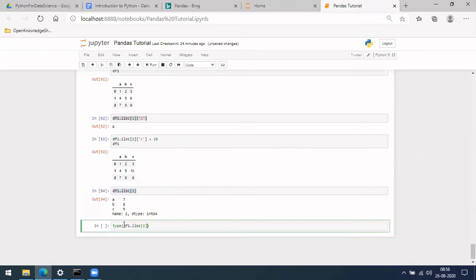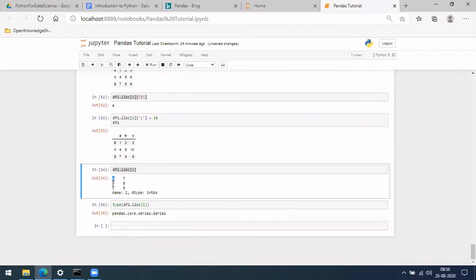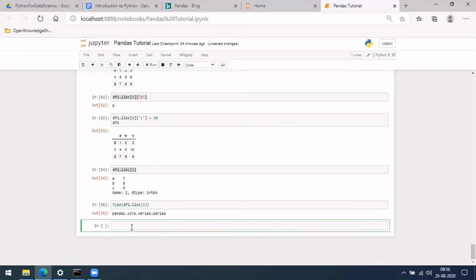If you do this and put type, you'll be getting a series. So this is a series here with whatever A, B, C are there. Those were a kind of row indicator, in a sense the index to this particular series, and these are the values. Okay. So let me now